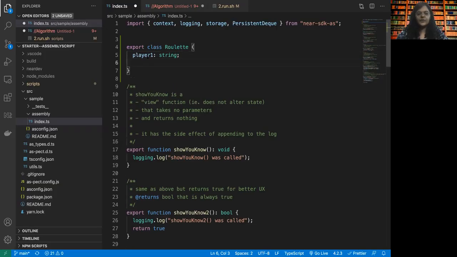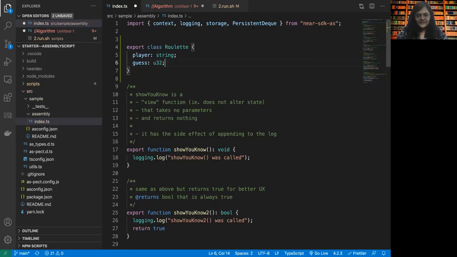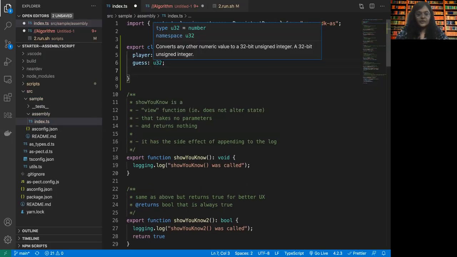There's going to be only one player because the other player is going to be the system itself, that is us. Then there's going to be a guess. Maybe we can keep the guess as a U32, or let's keep it as bool because it's going to be even or odd.